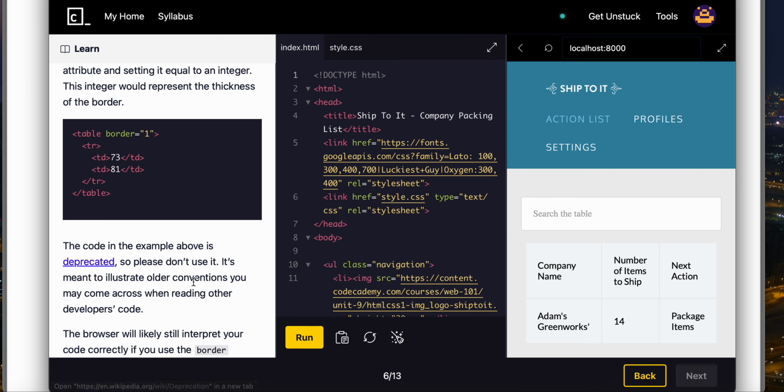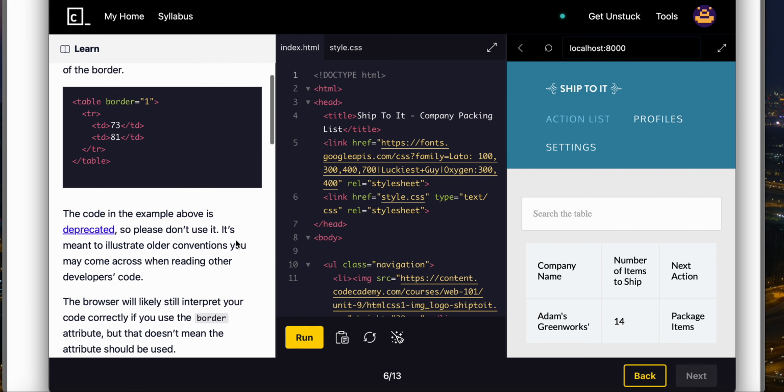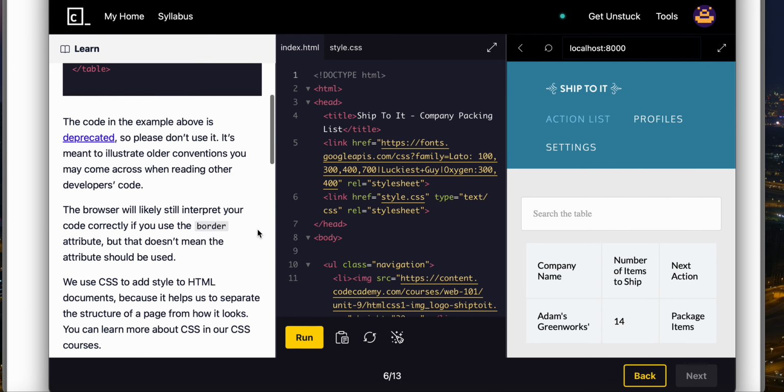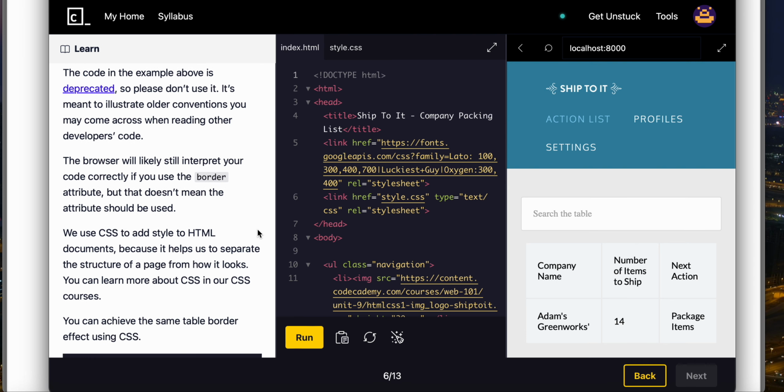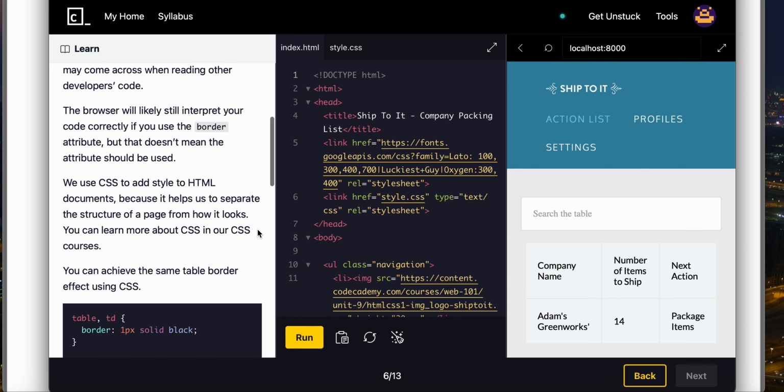Now deprecated basically means that this type of practice is not followed now, and so we don't need to use it. Now it's meant to illustrate older conventions you may come across when you're reading other developers' code. Now, the browser will likely interpret your code correctly if you use a border attribute, but that doesn't mean the